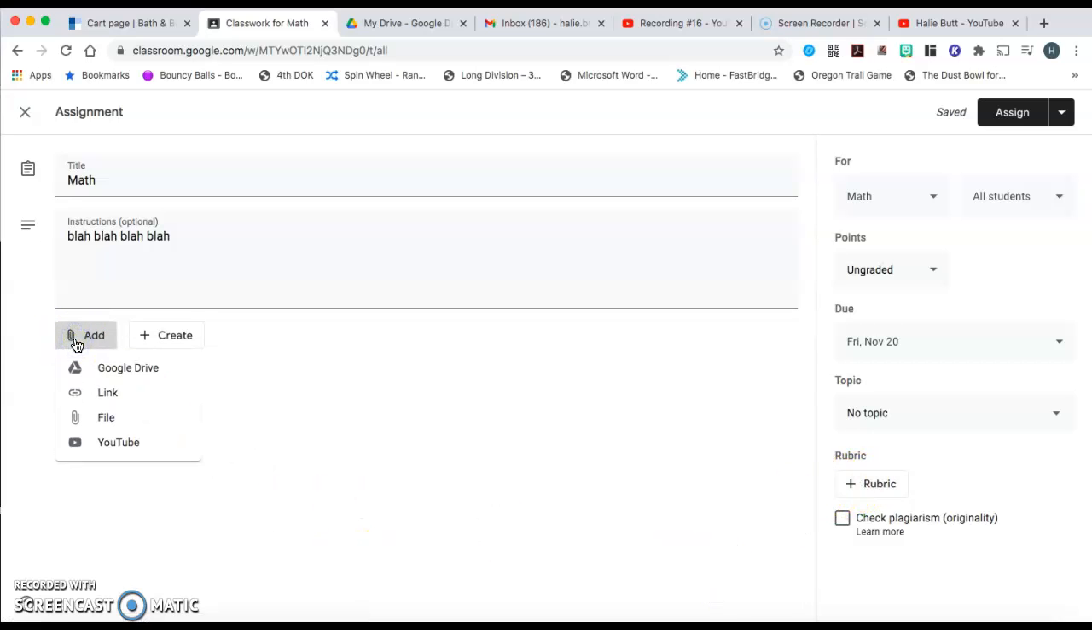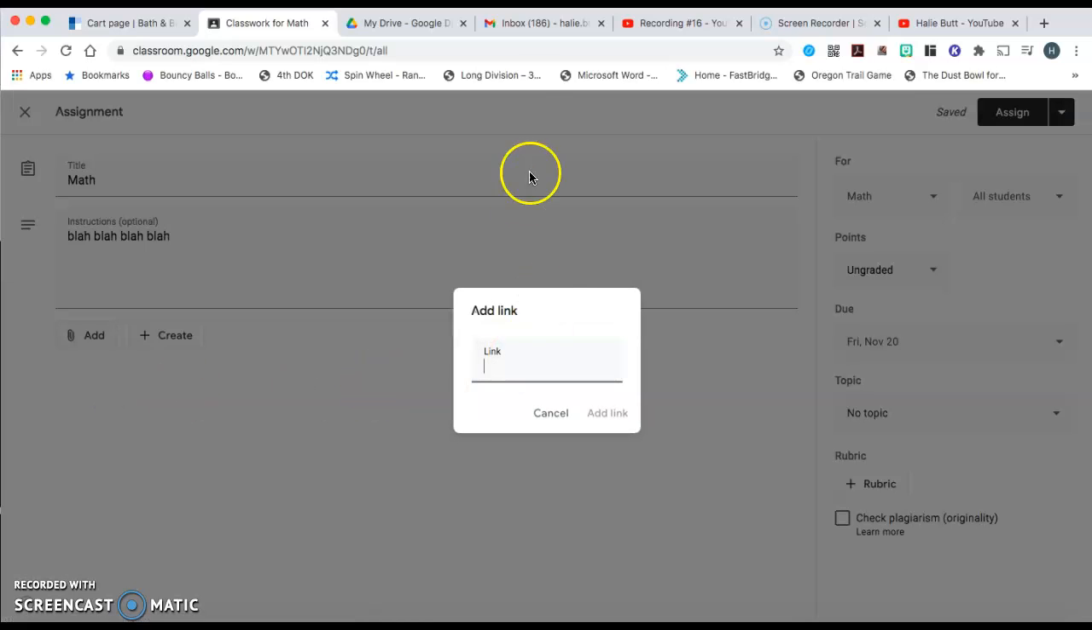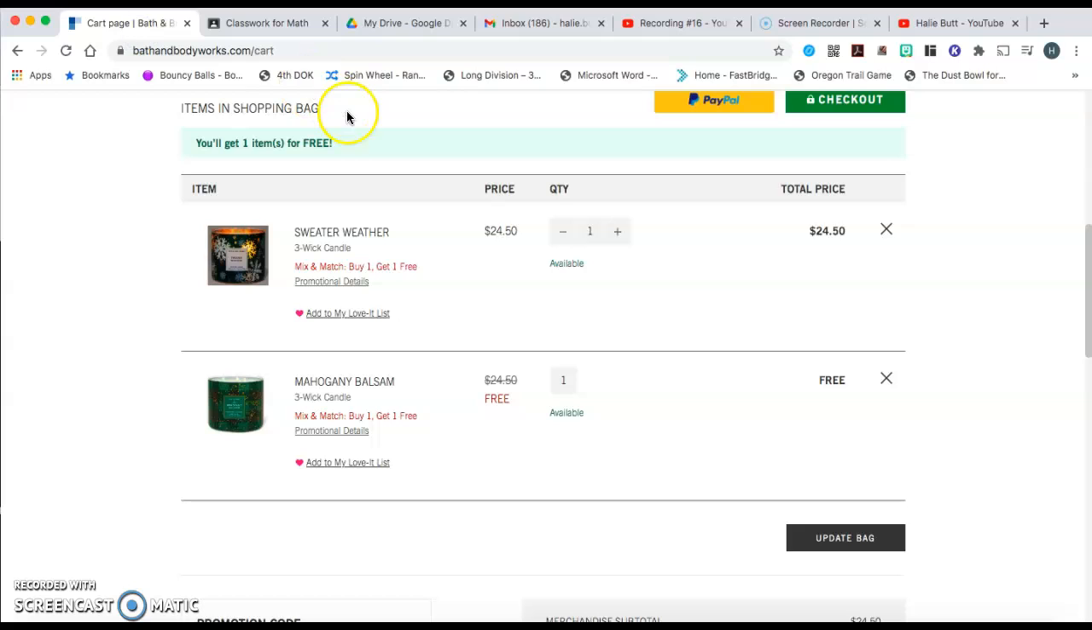If you wanted to add anything, so if you wanted to add a link, you would just